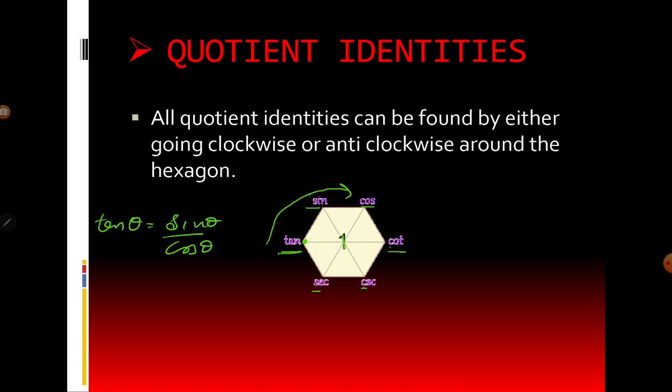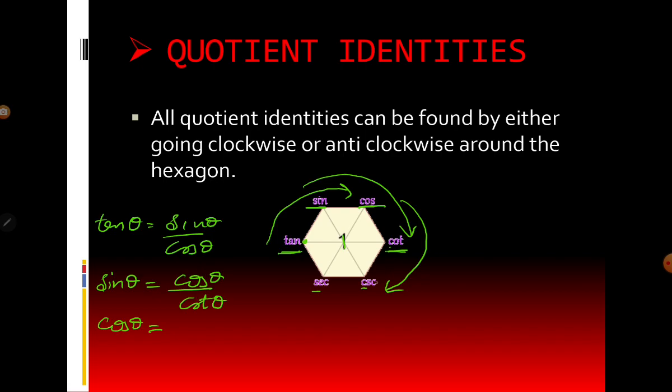So now I am taking these three functions, sine, cos, tan. Rule is same for all. So here I am writing sine theta. Sine theta is what? Cos by cot theta. So cos theta by cot theta. Now I am taking these three functions. Again, cos theta is what? Now we can write cos theta second by third. Cot theta upon cosecant theta.